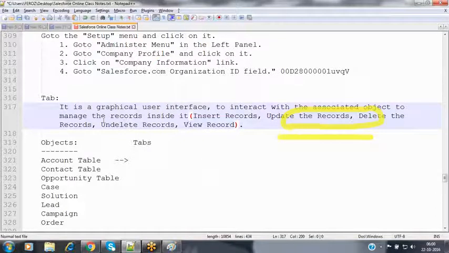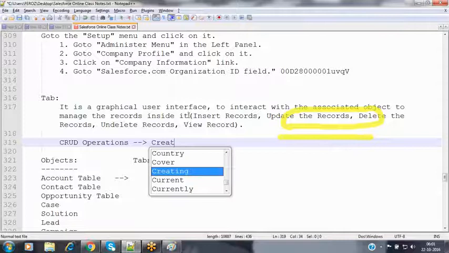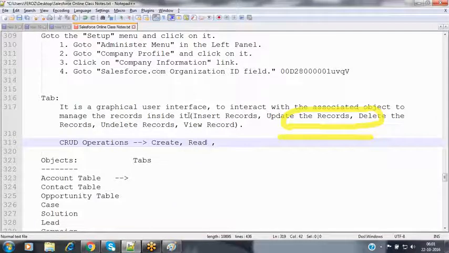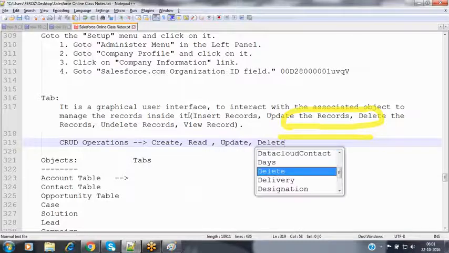So when coming to a table, in each and every table we expect these functionalities, these four operations. Those are called CRUD operations. CRUD means Create, Read, Update, Delete.